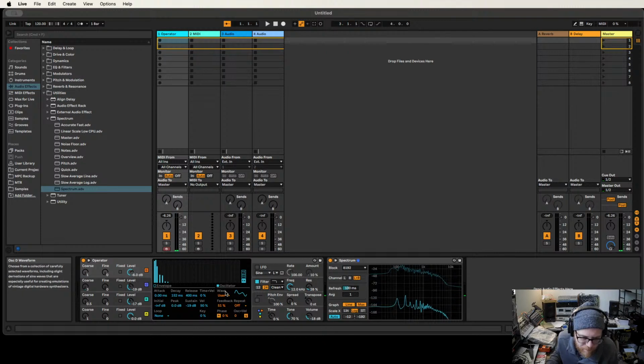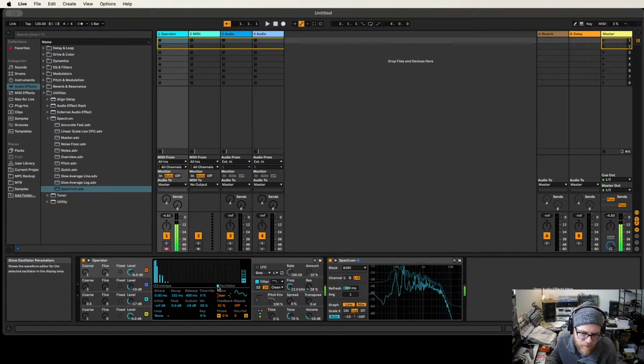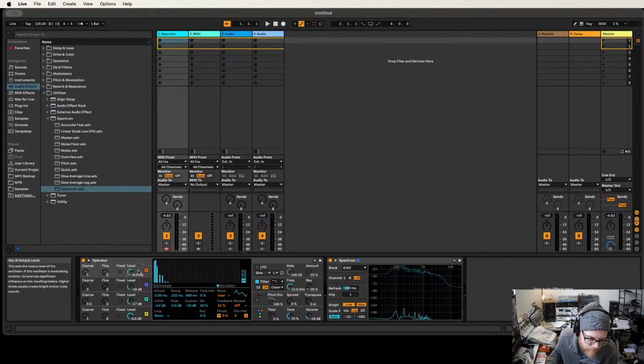but I guess I can explain this little feature here. So here, what you can do, and this is kind of a unique feature for Operator, for any of these, you can make a little custom waveform by drawing in the partials directly, and then it goes to a user here. Now you can also select a bunch of different waveforms in here. But yeah, so you can create custom waveforms by defining the partials here. And yeah, get some different